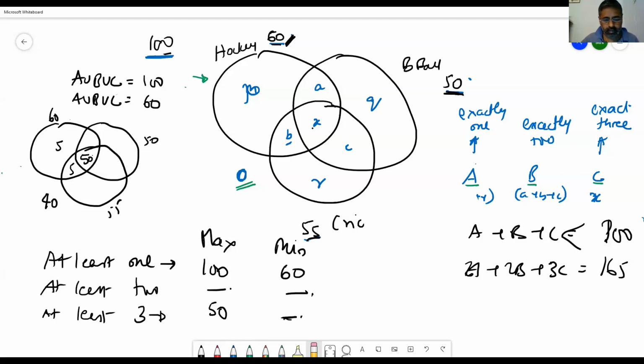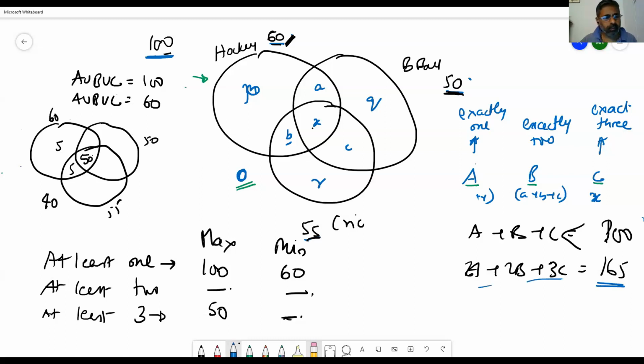Sir, one thing, how did you get 165? That also should be less than, right? Where? The second equation which you have written. Because there are some people outside, right? Yeah. Which one? You're talking about the second equation, just which you wrote? Looking at the conditions, yeah, it should be. So that's fine. This condition has to be satisfied.